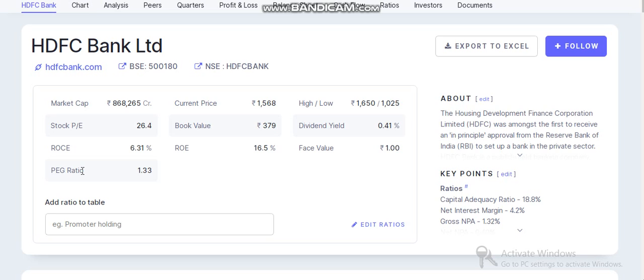But for some banks and companies, you have to apply other indicators, and then you can conclude whether we can take the stock or not, because there are many parameters. Already I have told you about the PE ratio. Now I have told you about the PEG ratio and what the ideal PEG ratio is. While concluding about stocks and buying, we have to apply some other indicators.